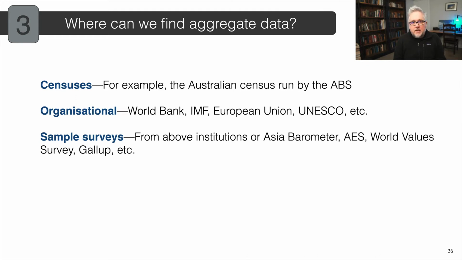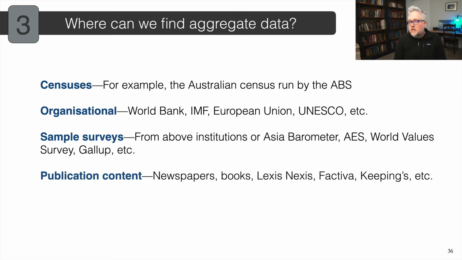The Australian Election Survey, which we run in our department here at the ANU, is useful for voters' beliefs within Australia. World Values Survey and Gallup look at surveys in a comparative framework. There's a whole bunch of different surveys that are really useful and interesting online. Other sources of aggregate data would be publications, newspapers, books. Some companies like Keesing's, LexisNexis, Factiva have systematic information gathering and publications about different political activities and outcomes and meetings that could also be potentially useful.